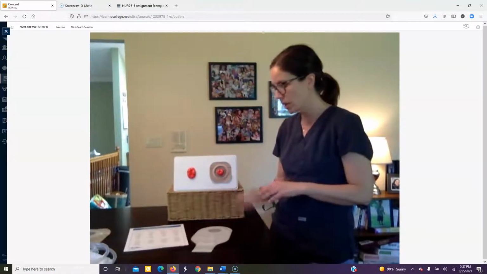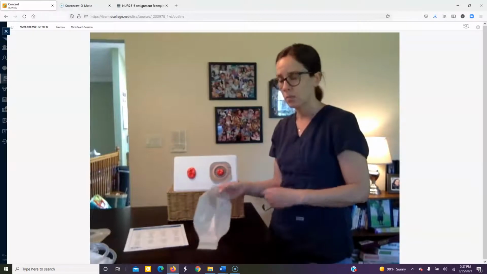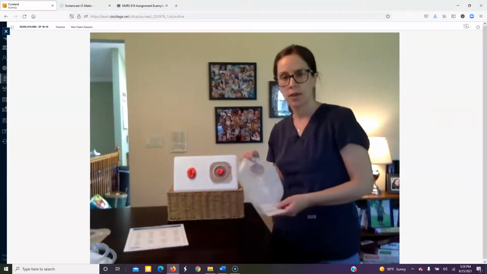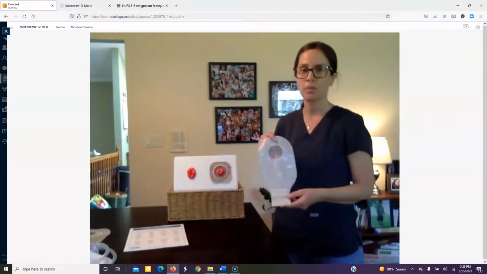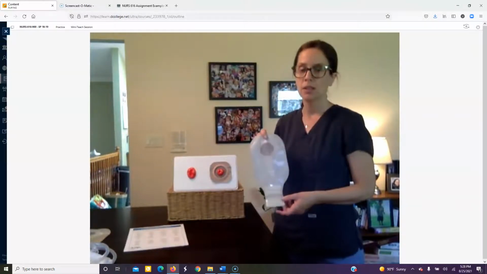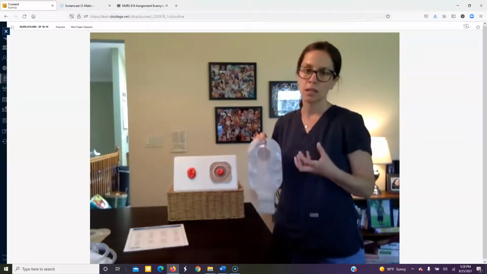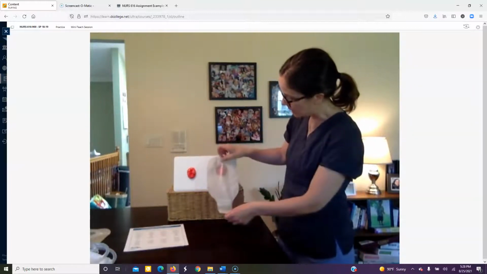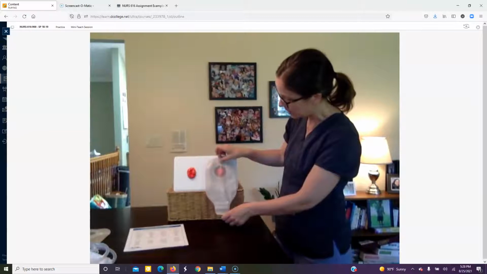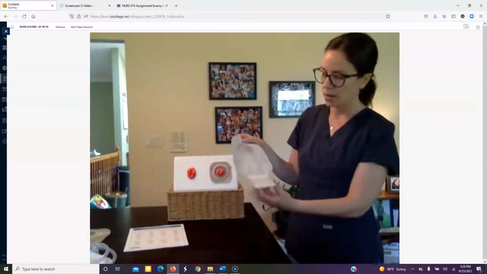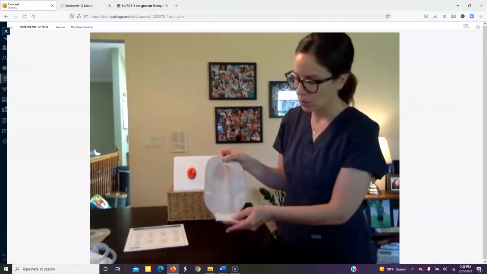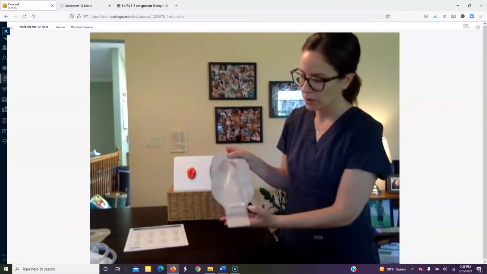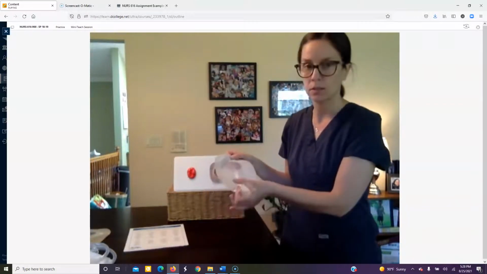Next, we can talk about the colostomy, where the stoma is created using part of the large intestine. The output that you typically see there is going to be more of a solid, formed stool. Again, this bag attaches the same way that the bag for the ileostomy attaches. The bottom of this bag has a roll feature with a Velcro closure, and when you open it, it has a little bit of a larger